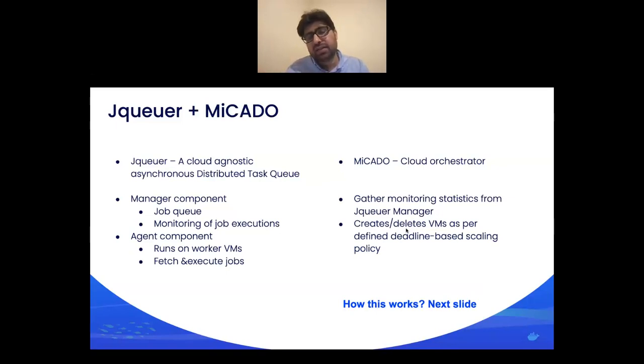It uses the provided deadline-based scaling policy to calculate how many virtual machines will be required, such that the executions of all experiments will be completed as per the deadline.